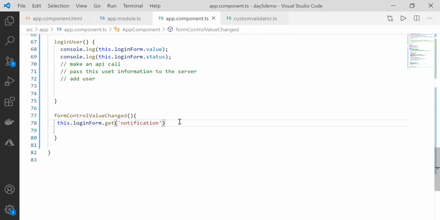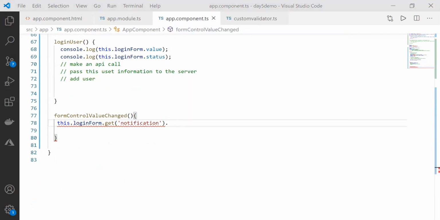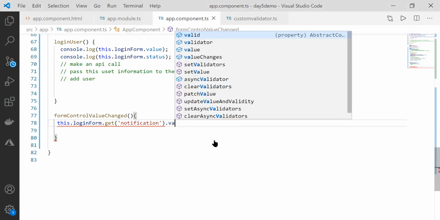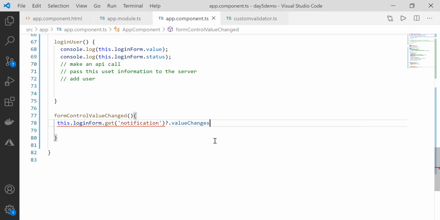And I'll say, get me the notification control. And whenever the value of the notification control changes, so this is that event emitter. You remember that, which we were doing in component communication. We're saying that whenever the value changes,